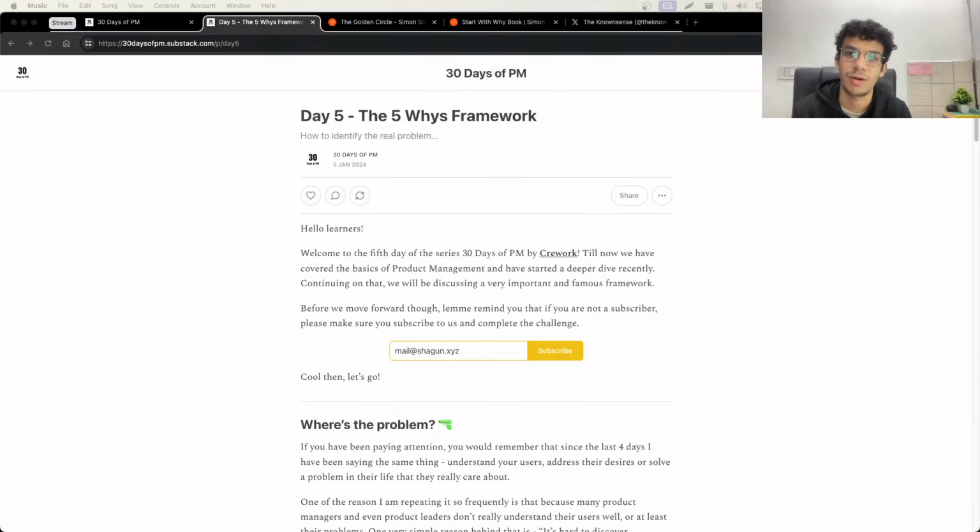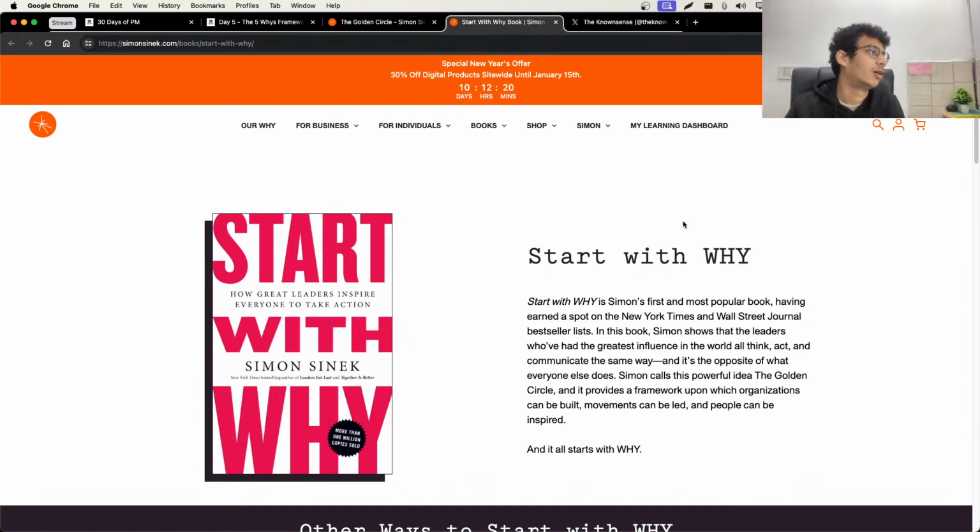So from the surface level problem, they can then figure out why did the problem even occur, try to go down and make iterations of it to eventually reach the root cause and try solving it from there. So this is the origins of the 5 Whys framework, and there are multiple resources online that you can read. One of the main resources around starting with why, and how asking the question why to begin with is important, was from Simon Sinek, who is an entrepreneur, and he's written a book also around the why framework, which is called Start with Why.